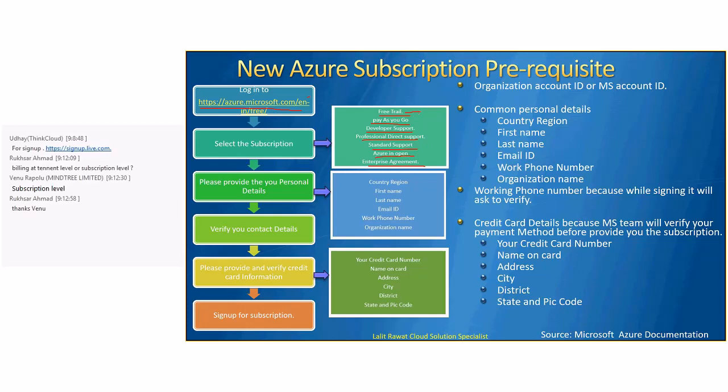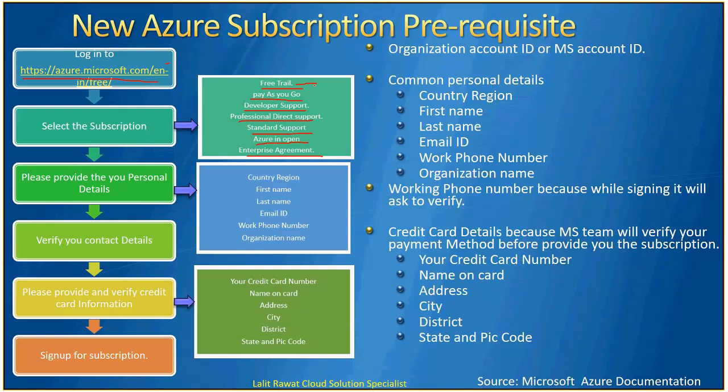As Ruksar asked, is billing at the tenant level or the subscription level? Billing happens at both levels. If the user has a single subscription, it will be at the subscription level. If the user has one tenant with multiple subscriptions, then the billing will happen at the tenant level. The tenant is the top priority, and under that, if you have multiple subscriptions and want to segregate the billing, you can do that also. If you want to go with the tenant level, you have features to do that also. It depends basically